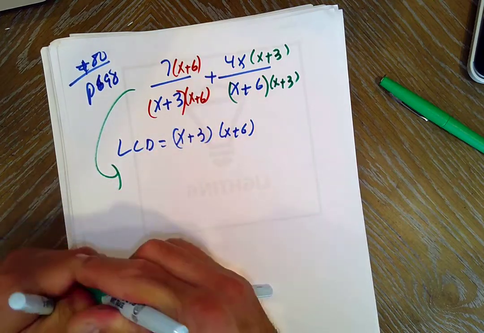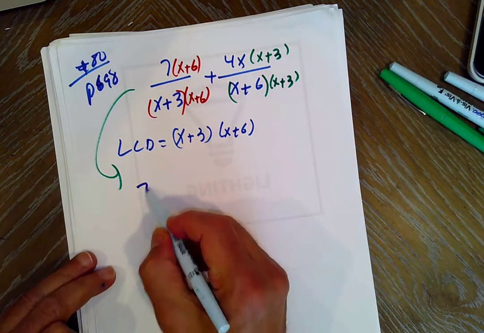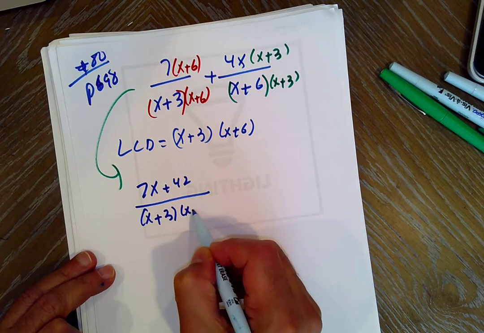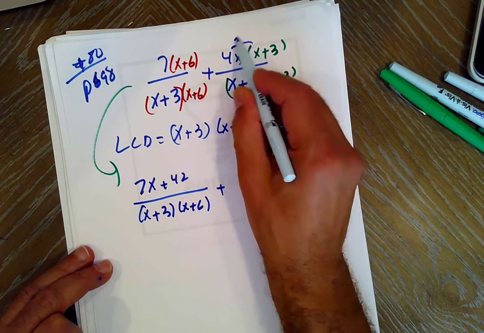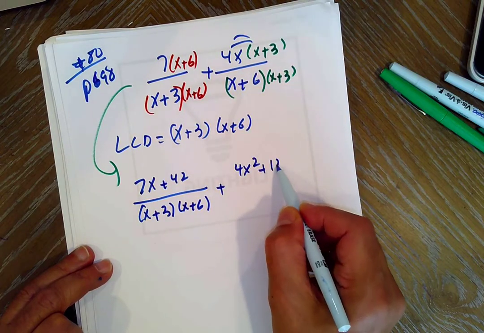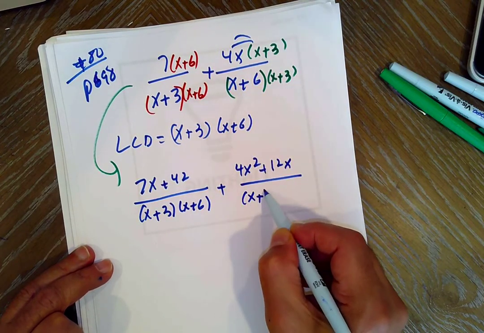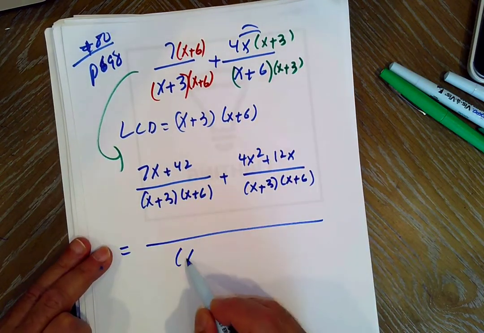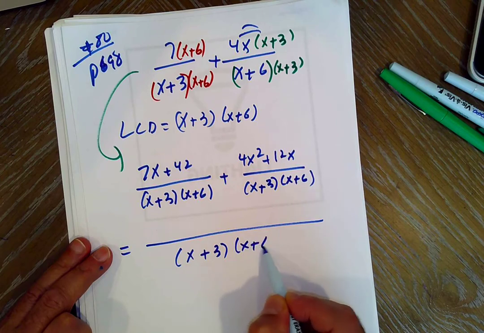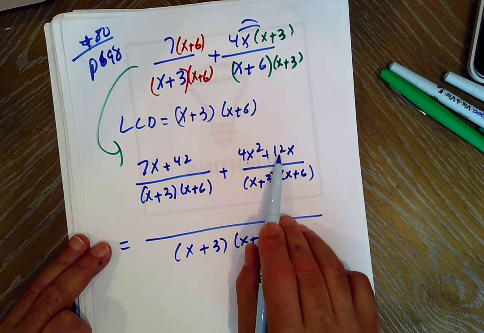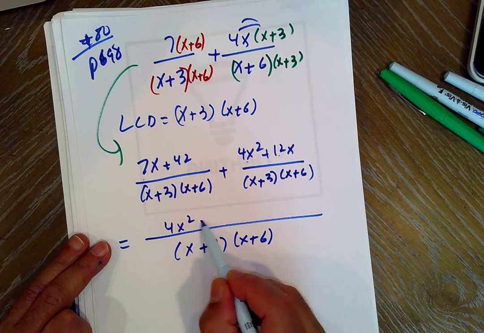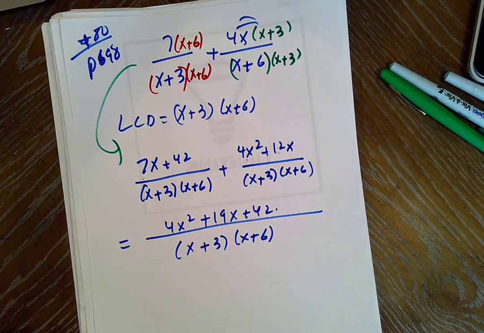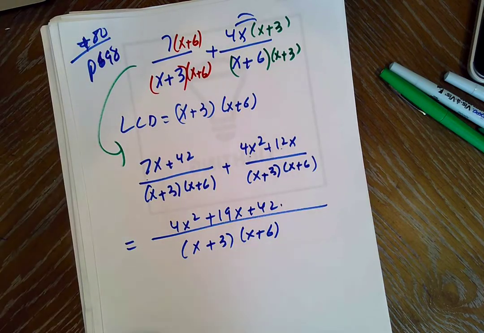So this is going to be 7x plus 42 over x plus 3, x plus 6, plus 4x squared plus 12x over x plus 3, x plus 6. Now if you combine the tops, you have the same bottom, so we can write one fraction. You have 4x squared plus 19x plus 42, and this is prime. Okay, this doesn't factor. Alright,